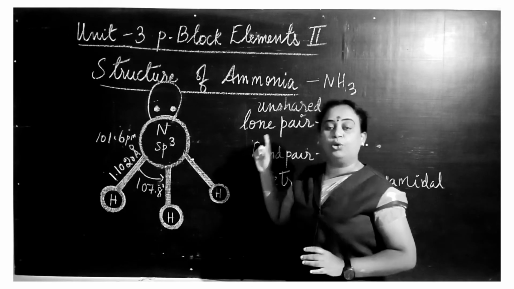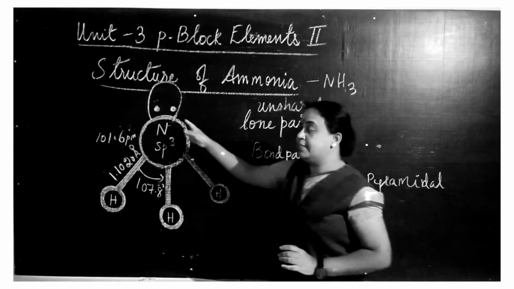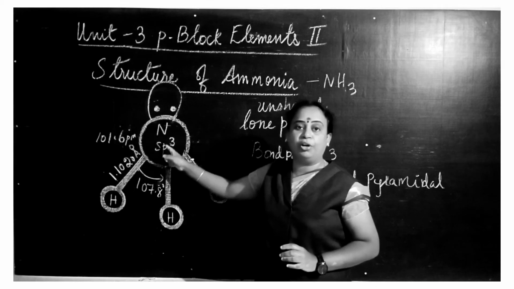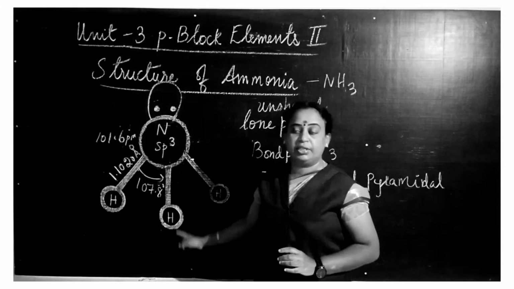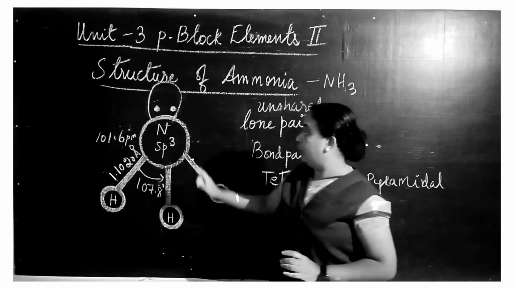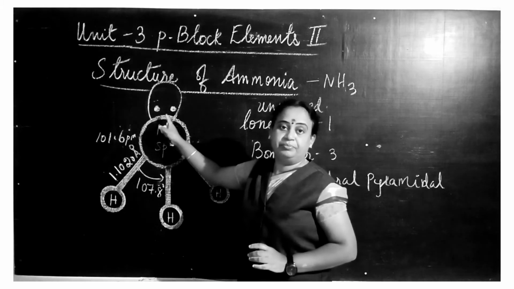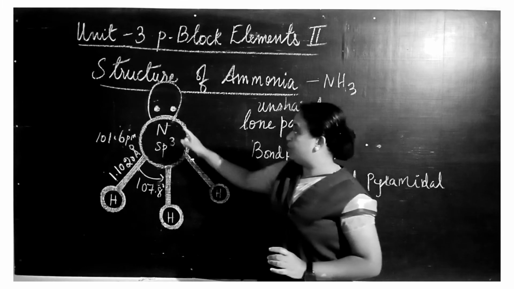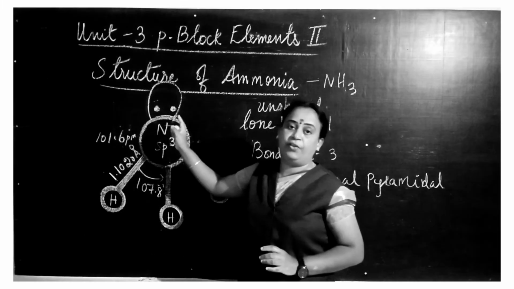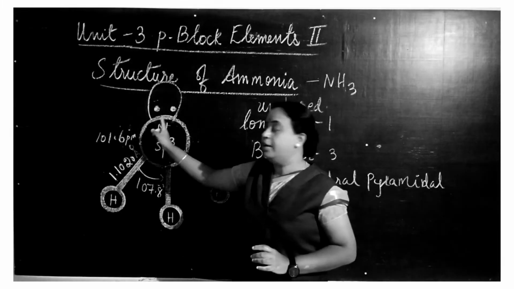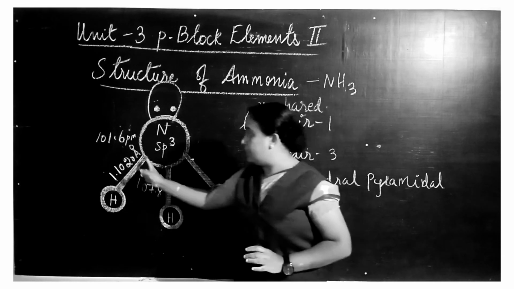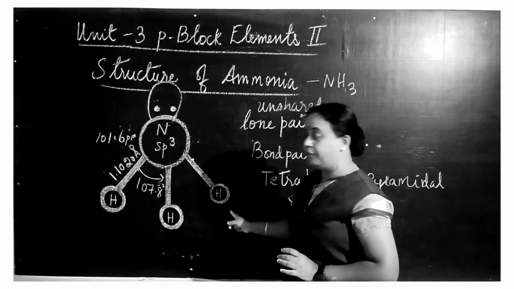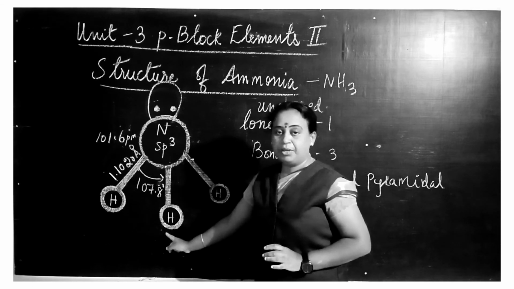So why is it called a lone pair of electrons? Because these electrons do not take part in the bonding of nitrogen with hydrogen in the case of ammonia. They are separated from bonding. So that's why these are called lone pair of electrons and they are placed at the top of the nitrogen atom. Fine. Then the 3 hydrogen atoms are attached, one to the right, one to the left, and one to the center.